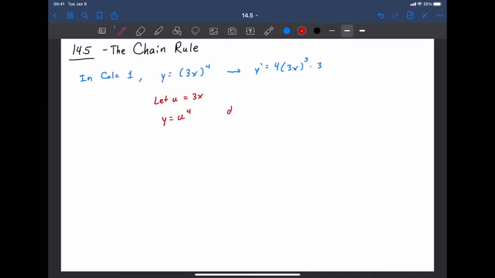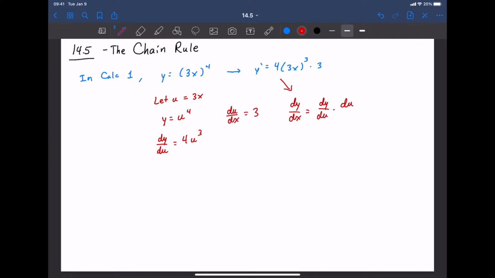Now, the derivative of u with respect to x is 3, and the derivative of y with respect to u is 4u cubed. And so when we put this all together, what we notice, compare with this equation, is that dy/dx equals dy/du